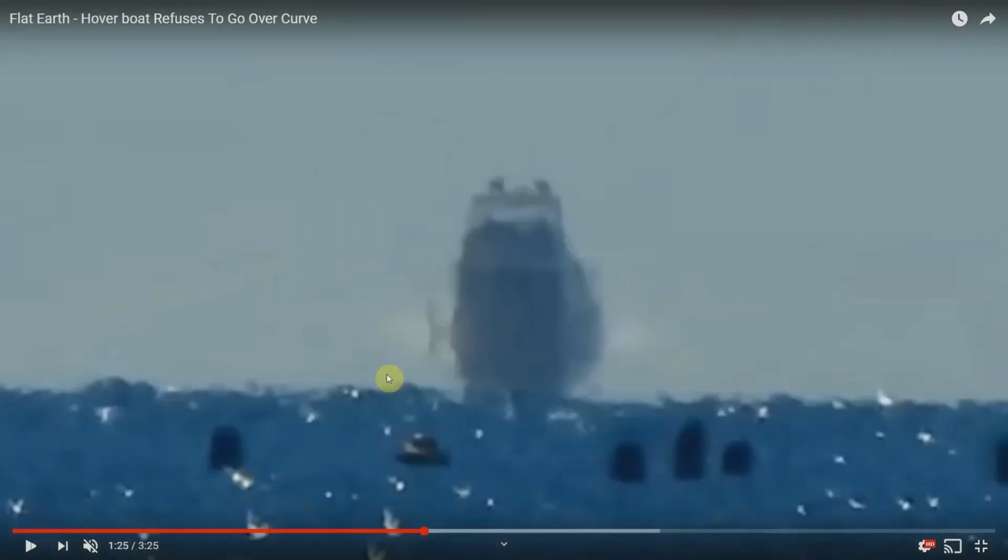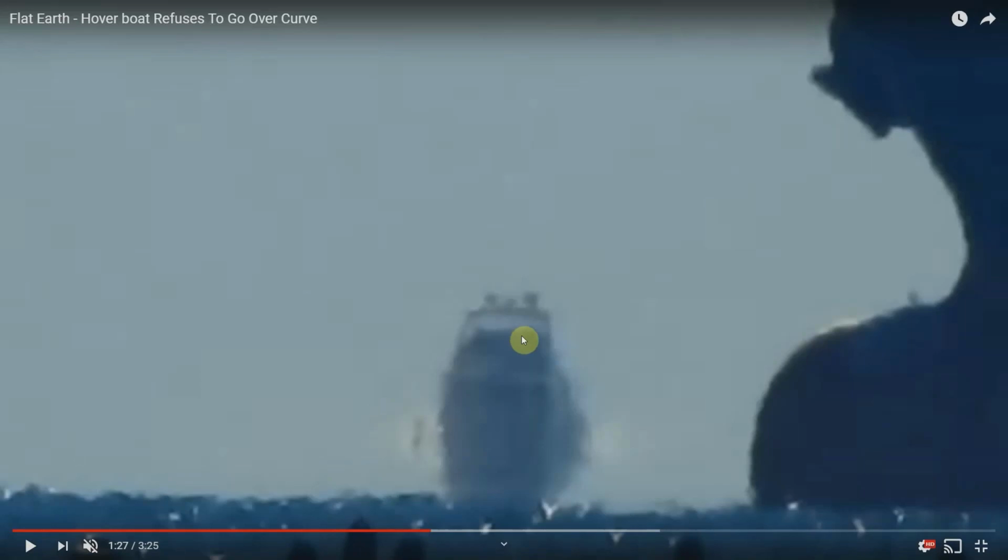Fast forward a little bit. So now it's going to go behind this boat. Now watch this. Look at this. It's already, I mean, the bottom of the boat, right? You can't see it. It looks like this is the entirety of the boat, but it's not. The boat is at this point and above where my cursor is. That's the real boat. Anything below that is the inferior mirage, and we've demonstrated that using images and science and